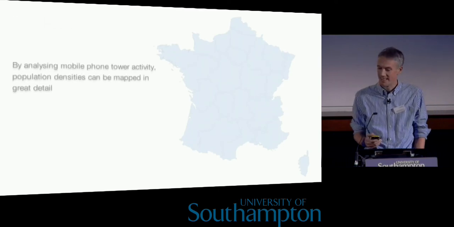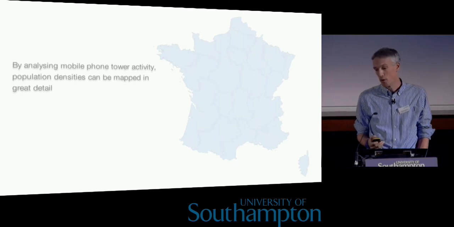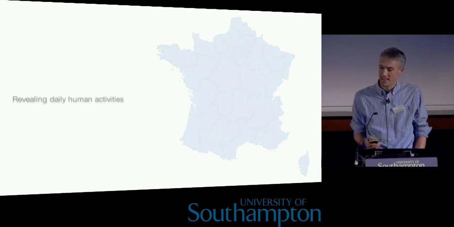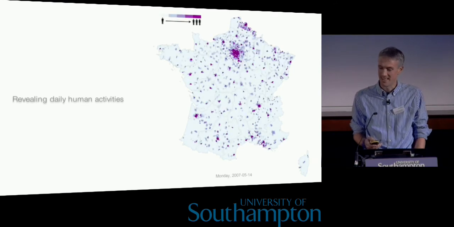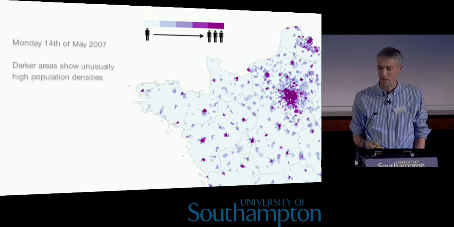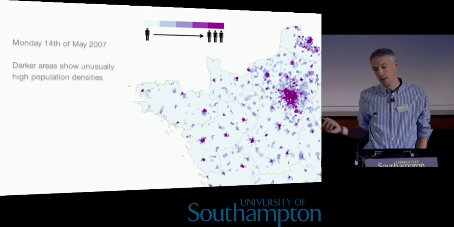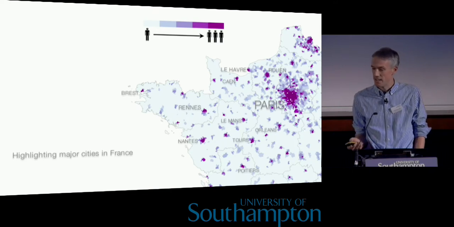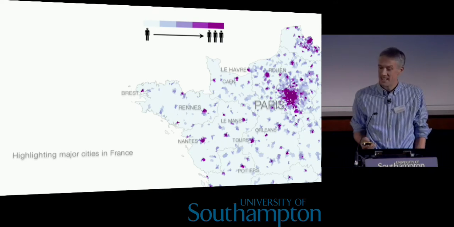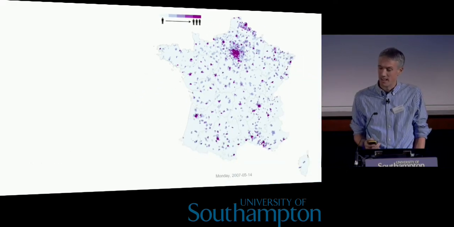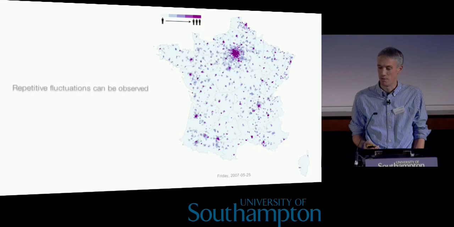And we looked at how the density of mobile phone users translated to the density of population by using a statistical model to compare the census against the density of phone users. And we could do a pretty good job in producing a population map just from phone users. Of course, the benefit of the mobile data is that it's collected every single minute of every single day. So we are not just having this static picture, but we are looking at how those populations move around and